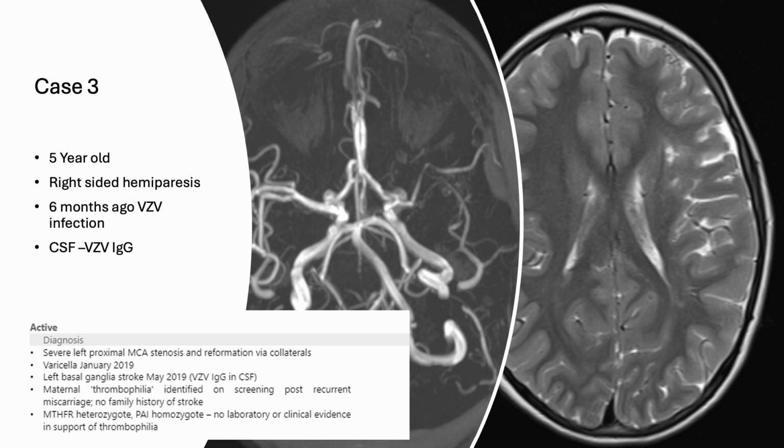Moving on to our next case, this is a 5-year-old who presented with right-sided hemiparesis. Now, they had an infection of varicella zoster about 6 months ago, and actually in this case, the clinicians confirmed VZV-IgG within the CSF. But as you can see here, this is actually a follow-up study where there is a clear arteriopathy of the left MCA, and you can see that there is corresponding cortical volume loss within the left MCA territory,